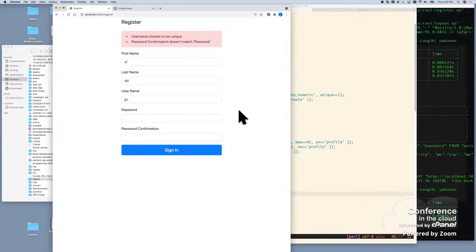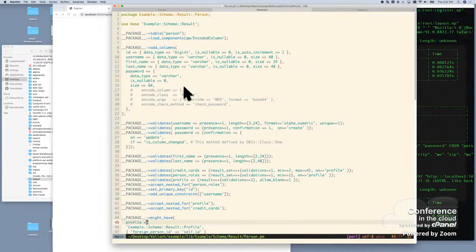Okay, so there's a person class of which you're trying to register. And the validations are set as class methods on the result source class. Now it also supports DBIC Candy, and we'll take a quick look at that if we get to the end of this, which makes everything look a lot neater. But for the purposes of this example, I'm sticking with the default syntax that you get out of the box with DBIC class, which I know looks a lot like the late 90s, but this is where we are with it. So again, I'm just simply defining a validates method